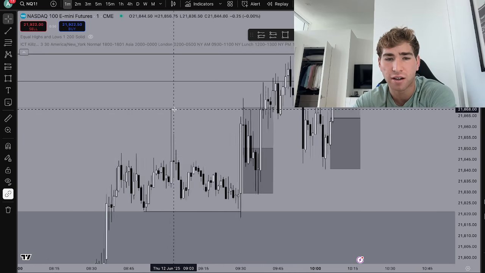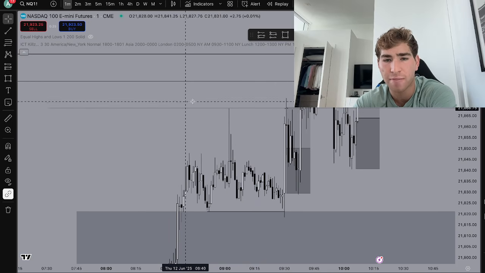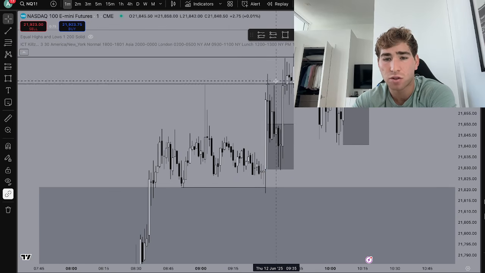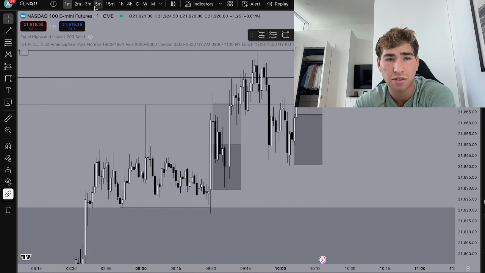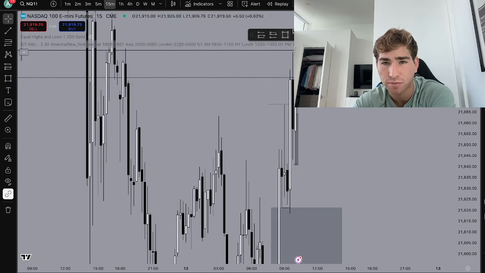Targeting the 9:02 a.m. candle. This was the only trade I took. This was a trade that I was in the shower and I missed. But if you look at what price did,